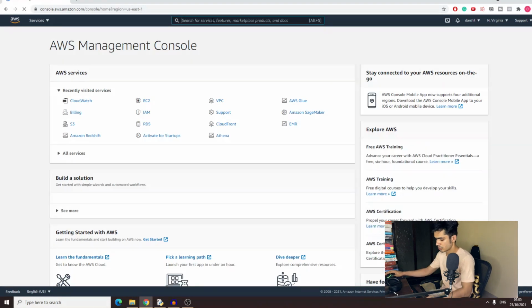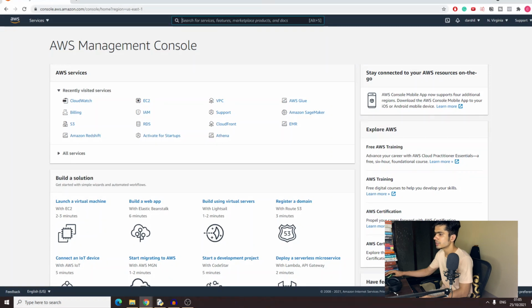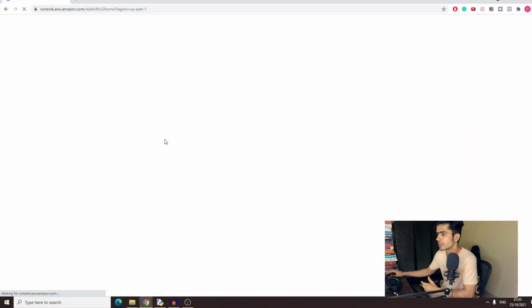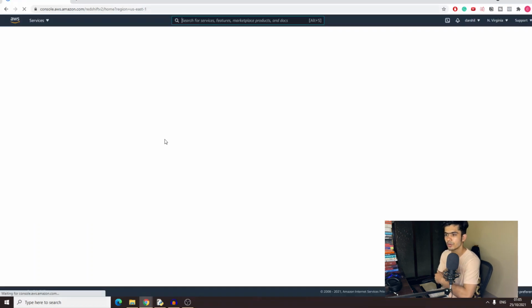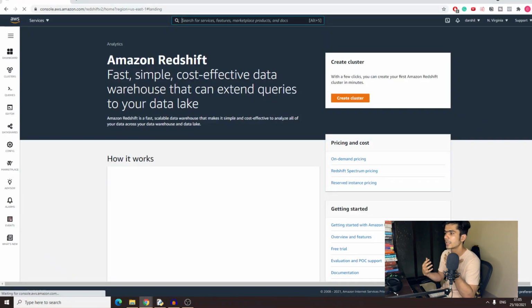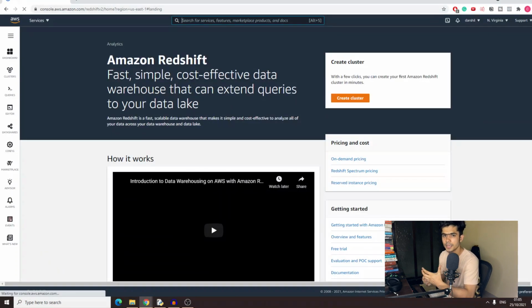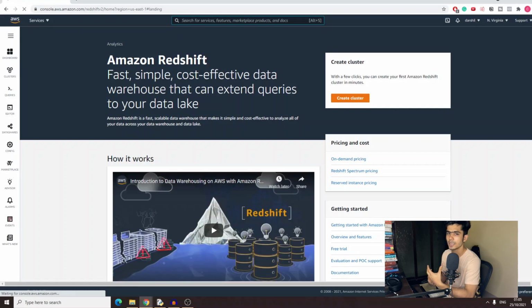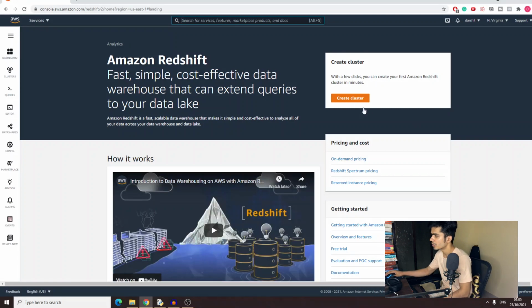You need to go to Redshift. You can use the search bar, or you can directly click on Amazon Redshift over here. We already looked into the Redshift console in our previous videos. In this video, our main focus will be to create the Redshift cluster. That's pretty simple, it's not that complicated. Once we have our Redshift cluster ready, we're going to insert some data, create some tables for demo purposes, and then look into further details.